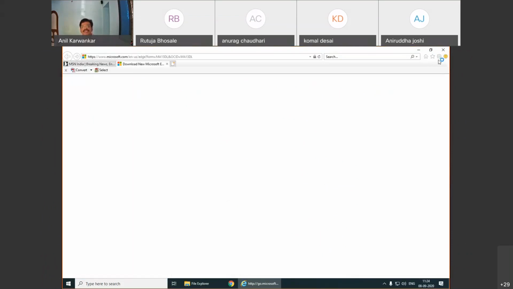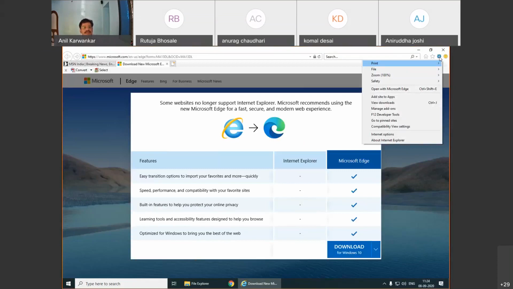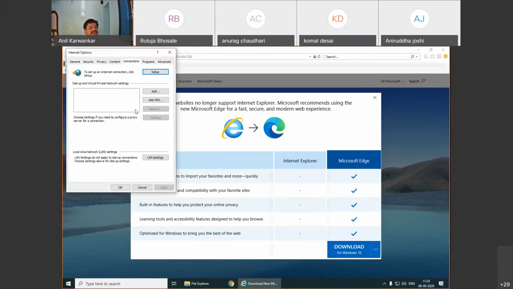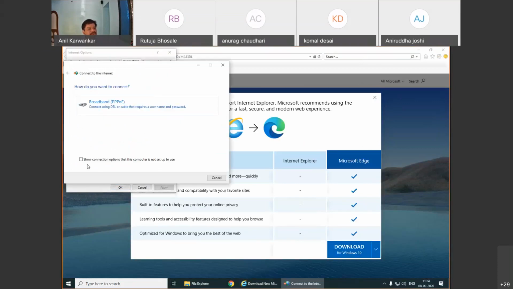If I go to the settings of Internet Explorer, go to Internet options, go to connections, and see here, add. Show connection options. This computer is not set up to use.